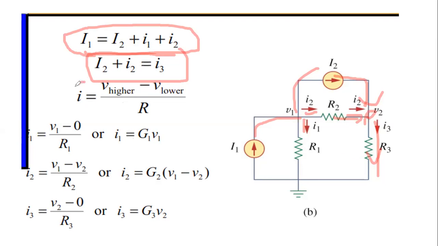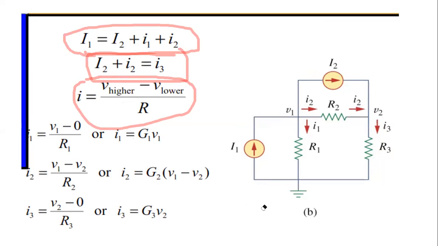After that, you know current is higher potential to lower potential. So whatever direction we have taken, current will always be flowing from higher potential to lower potential. So now you see, we will replace it. If it is a current source, it will not change, it will be like that only. So I1 is I1, that is fine. I2, capital I1 and capital I2, no need to change them, they will be as it is.